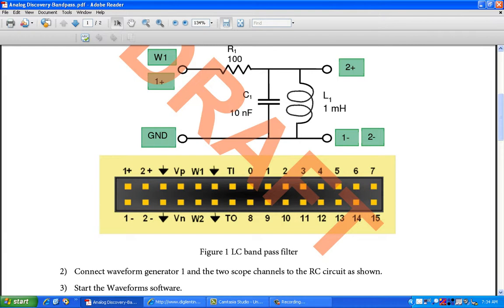In order to connect the Analog Discovery Kit, it is essential for us to understand the various signals which come out of it. In order to gain knowledge on that, let us move to the pinout diagram of Analog Discovery Kit.